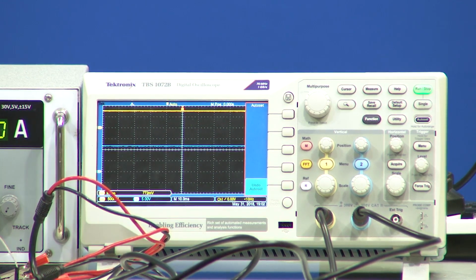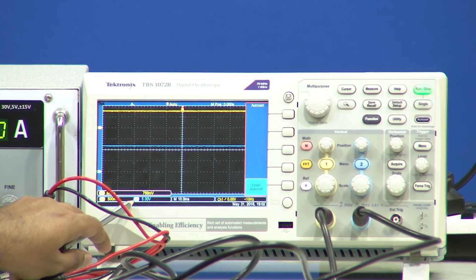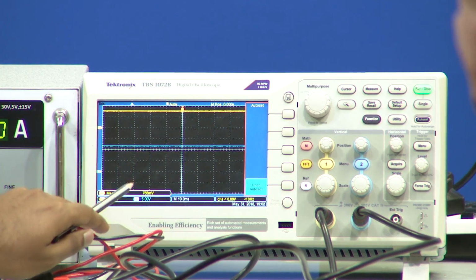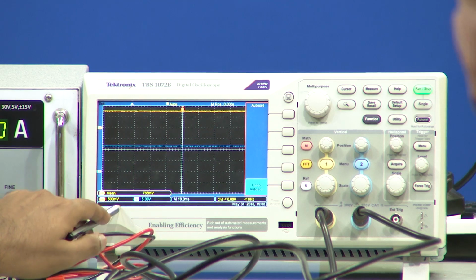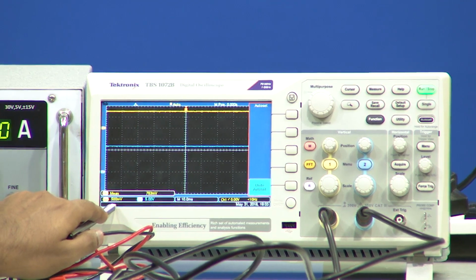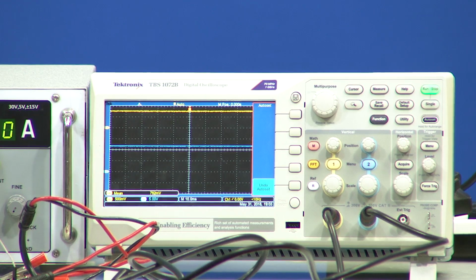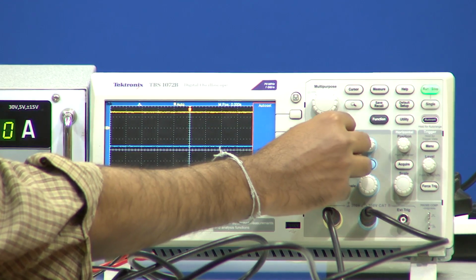If we zoom into the oscilloscope, the second one is 5 volts, whereas the first one, which is yellow color, has 500 millivolts per box. So, the voltage output is somewhere around 15